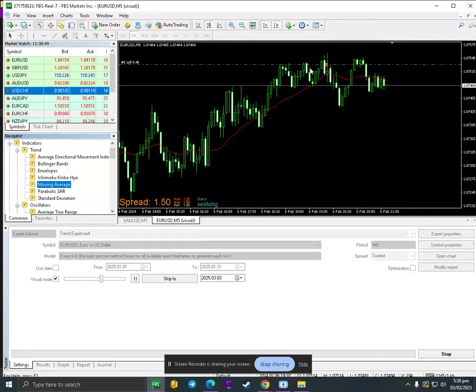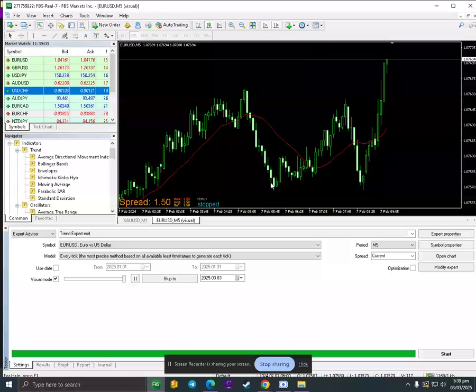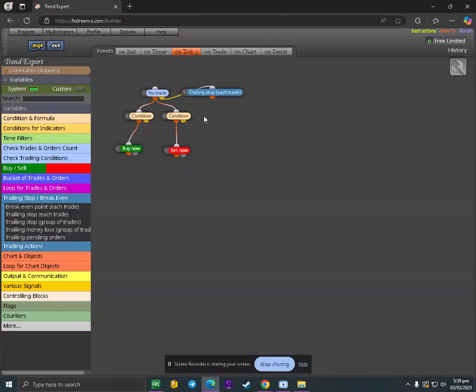Let's check. It crosses right here, I guess, so it takes a sell on this entry. Let's move forward. About the stop loss, we didn't see the stop loss. On the second entry, okay, maybe we just have to edit the conditions.